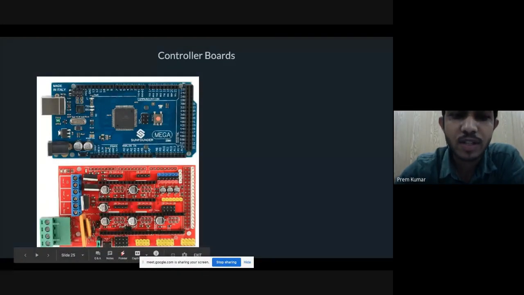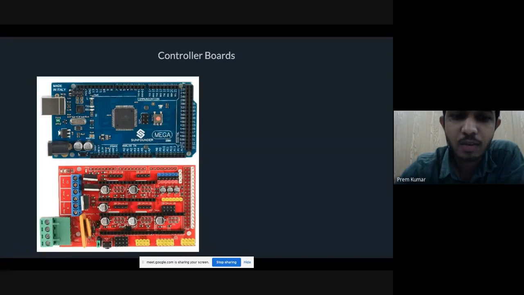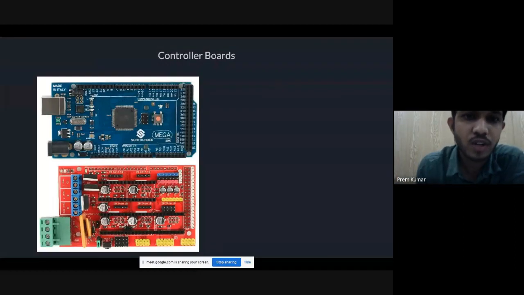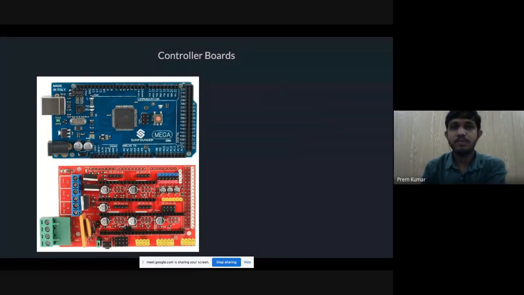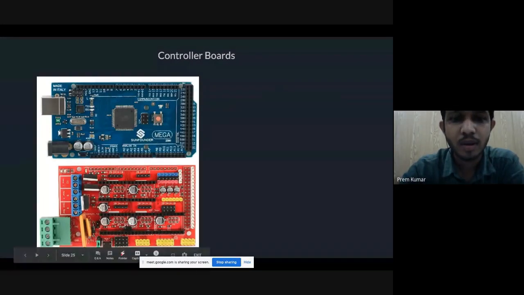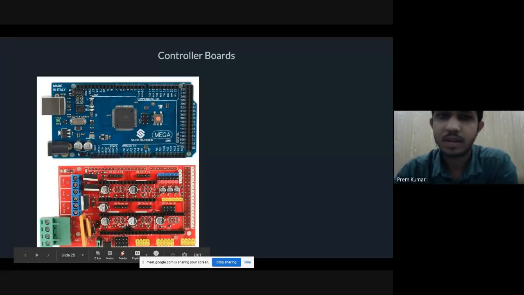Basically, I would suggest for X and Y axis motion, you just start with 80 steps if you are using the full step configuration in your stepper driver, and the 16 step configuration or 32 step configuration will also be discussed by Shubham if he has time.